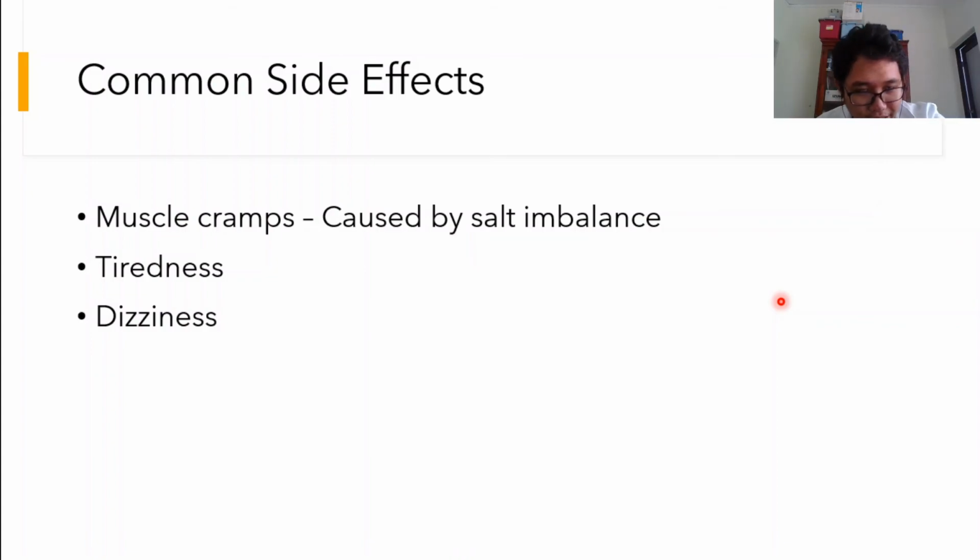However, as every drug has its side effects, losartan also has some common side effects. So these are the 3 common side effects. First one is muscle cramps caused by salt imbalance. As said before, it stops sodium reabsorption. So since there's less sodium reabsorption, you might have an imbalance of salt, which leads to muscle cramps, and you will have